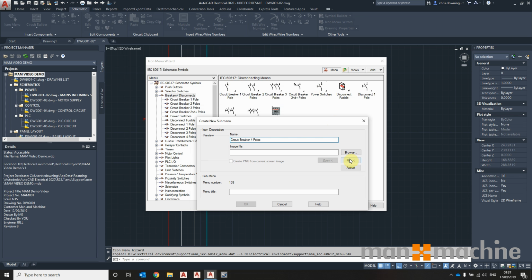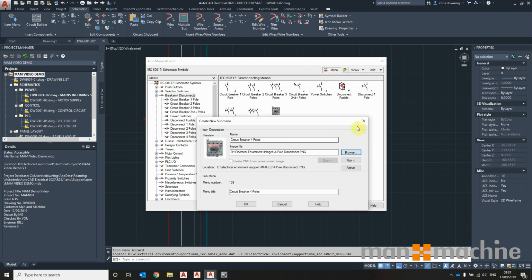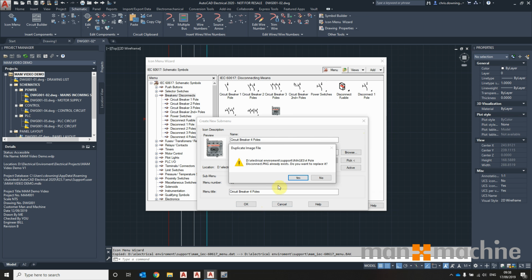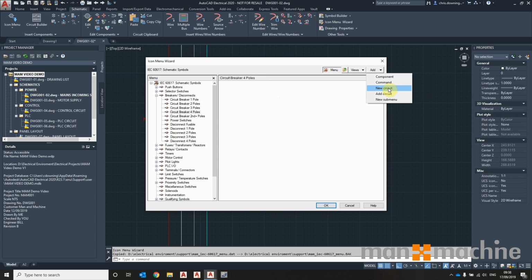I'm going to browse for an image. I'm just going to use the same image there. Obviously I could spend a bit of time and find an actual circuit breaker to reference and look accurate. For the purpose of the demo, this is fine. I'm going to drag and drop it where I want it to sit. And then in here I'm going to add the new circuit,